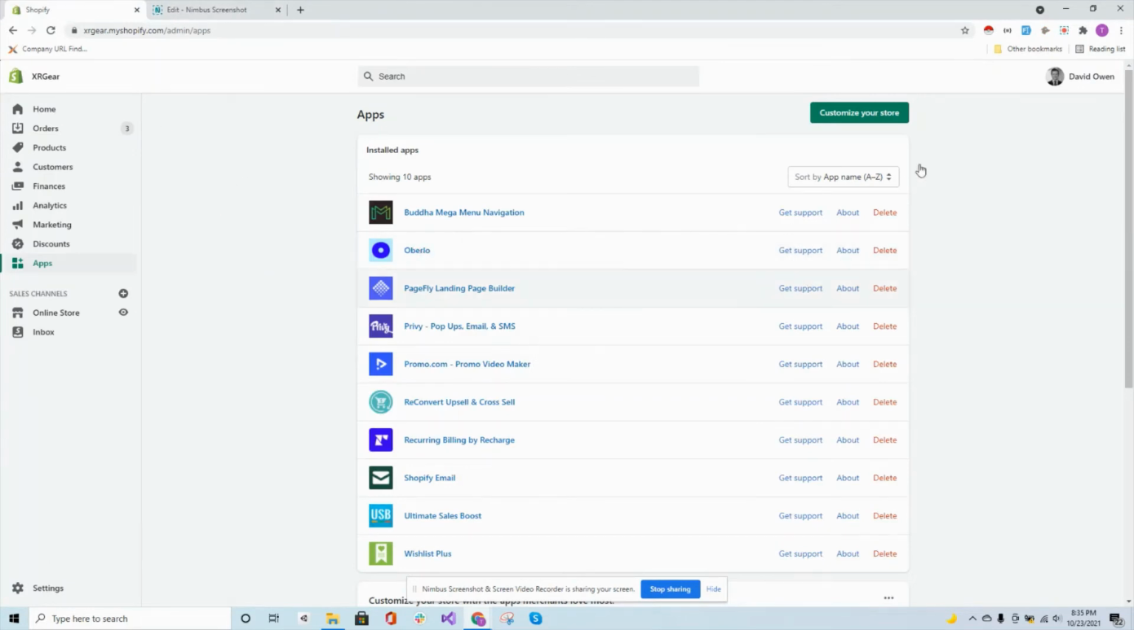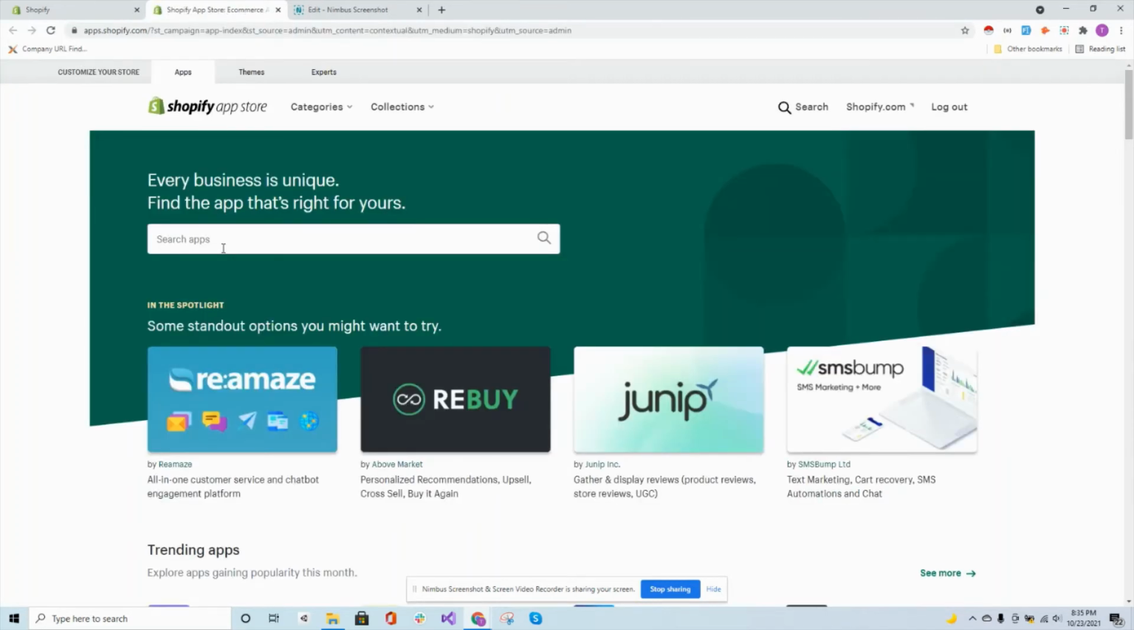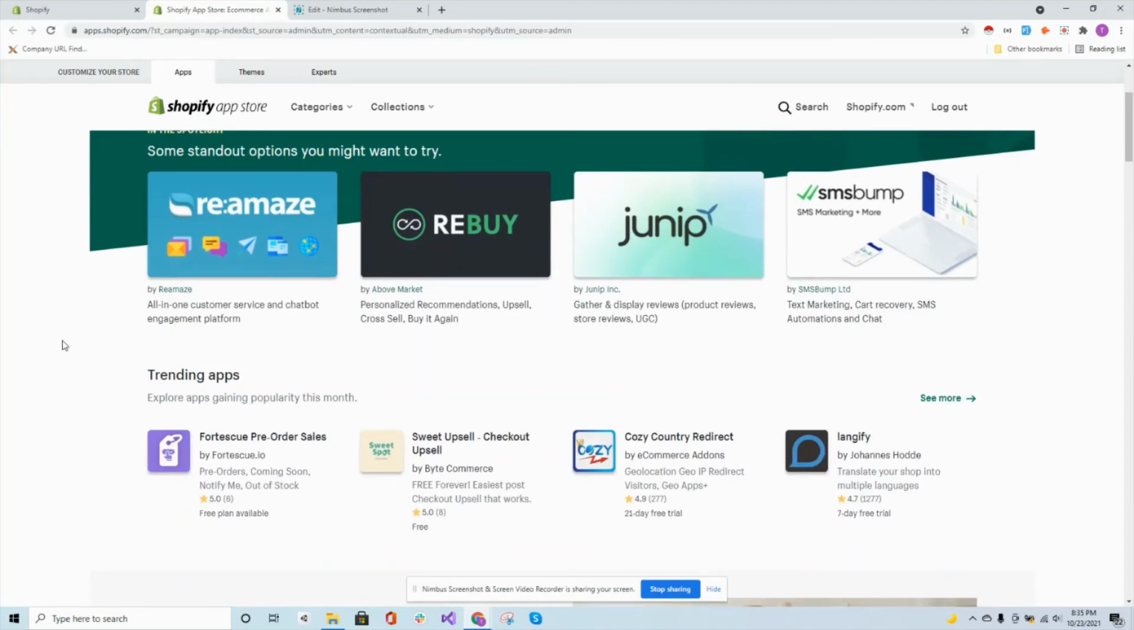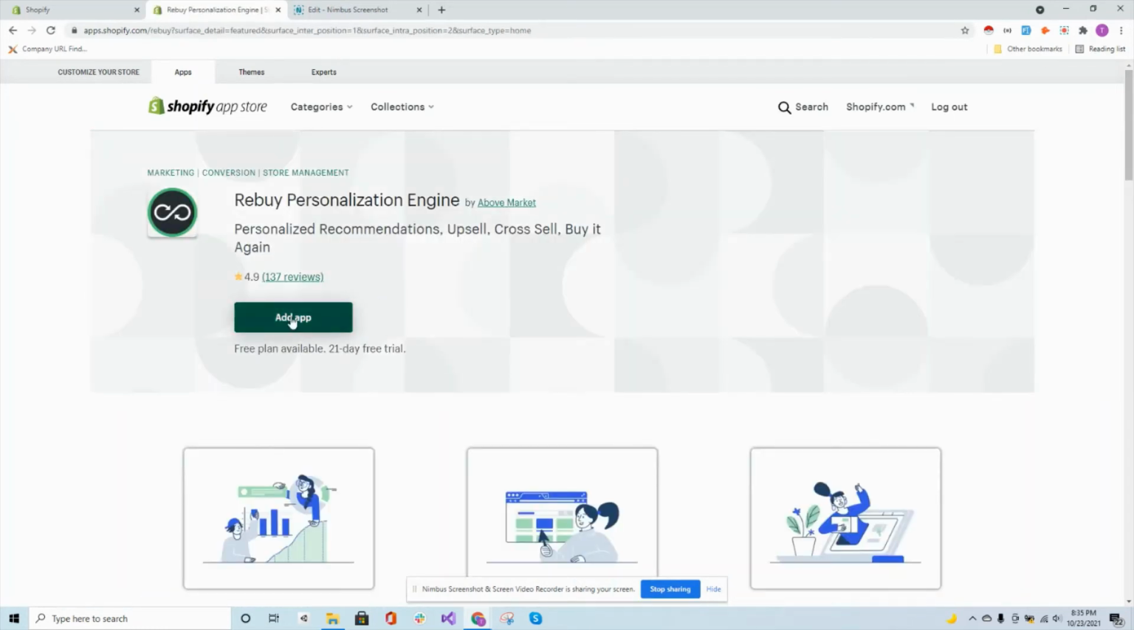But if you want to add a new app, you come up here to the upper right-hand corner and click Customize Your Store, at which point Shopify is going to take you over to the Shopify App Store, and you can go ahead and search for an app that you want to use. In this case, we have some here in the spotlight. If we wanted to use this app here called Rebuy, we'd click on it, we'd click Add App,